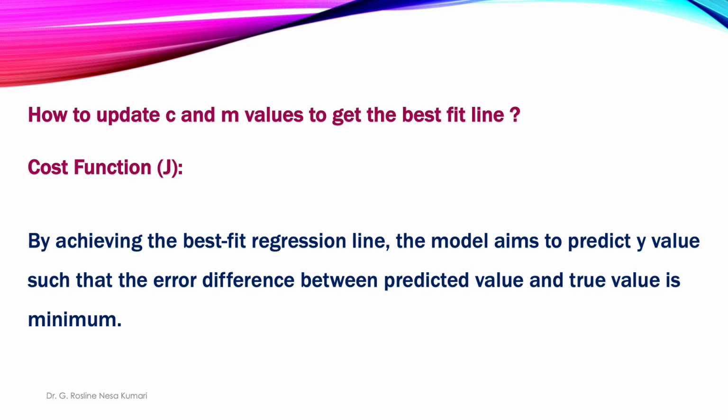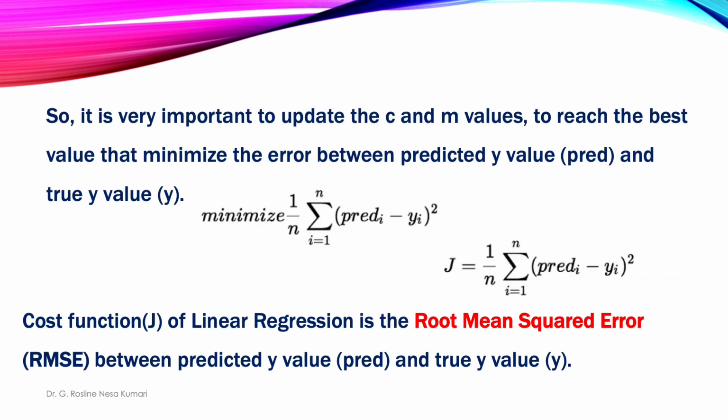So predicted value means we can assume the value will be like that. But what we got, the value which we got, the error difference between predicted values and the true or original value should be minimum. So it is very important to update c and m values to reach the best value